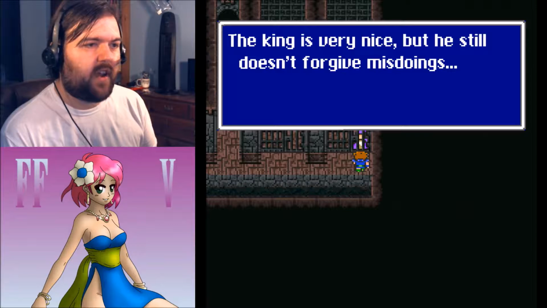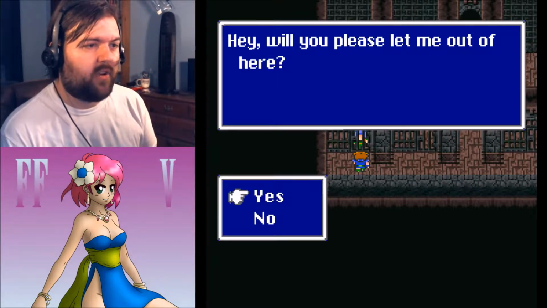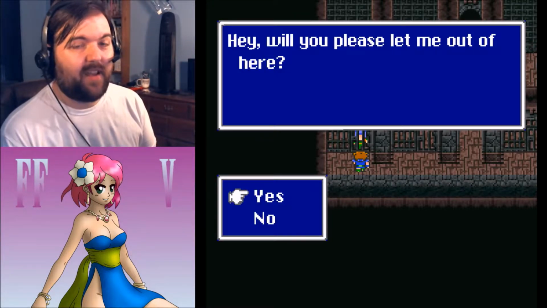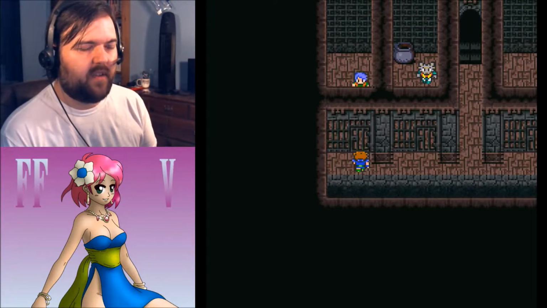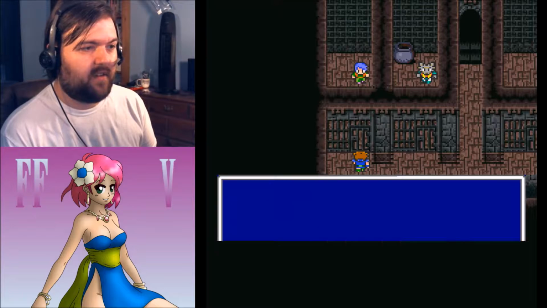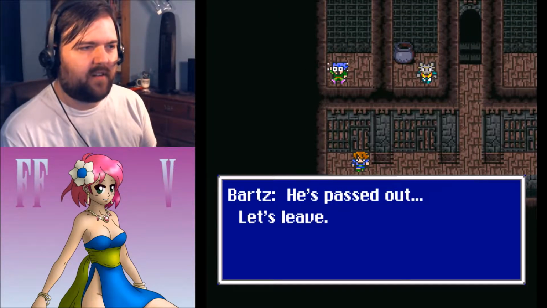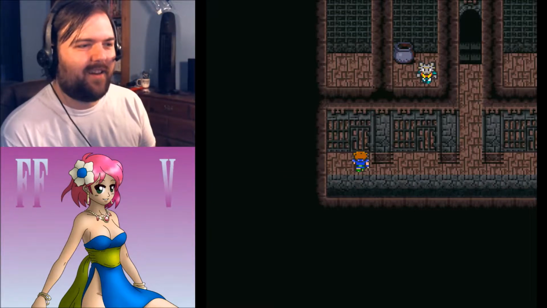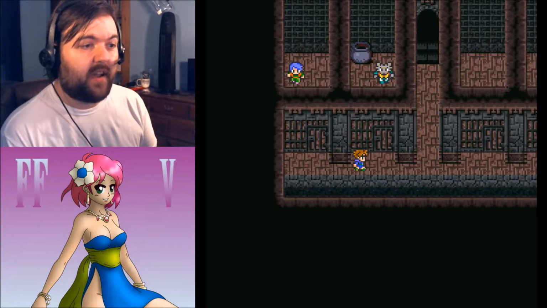The king is very nice, but he still doesn't forgive misdoings. Hey, will you please let me out of here? If you say no, jerk. But if you say yes, yay, I'm so lucky. And he just dances around and hurts himself. He's passed out. Let's leave. Oh, he's not passed out. Yeah, but then this guy...